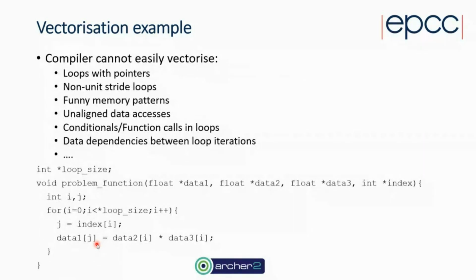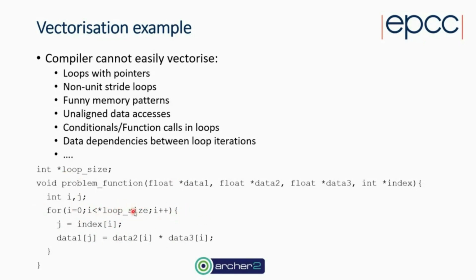So this is an example here where I've got a bit of C code. Now you can see I'm using pointers over here, so this is going to cause me problems anyway. And then I've got code in here which I want to vectorize. Data 1 equals data 2 times data 3, and j equals index. And so I want this loop to vectorize, but it's not going to vectorize because I've got these pointers, because